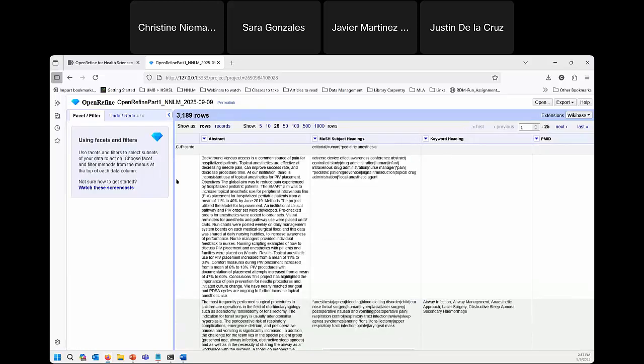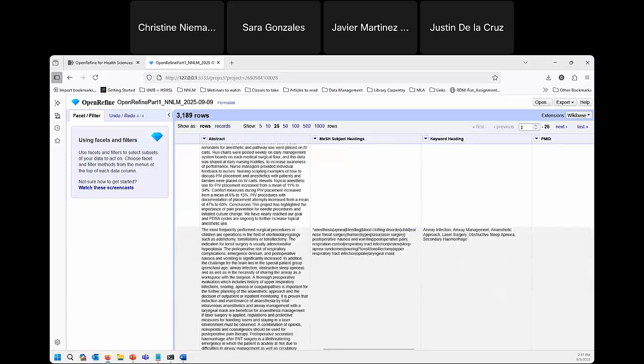I've X'd out of that again to bring us back to our full data set. And then our last big topic, our last big thing we want to show you, is using the clustering. This was something Sarah showed you a preview of in our slides, that we can use clusters. The cluster feature groups together similar but inconsistent values in a given column and lets you merge them into